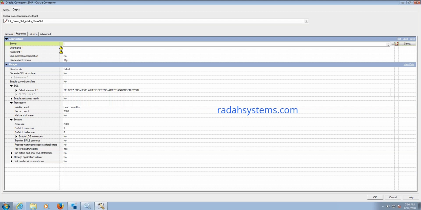A parameter set will be saved in the repository, so that it can be used anywhere in the project. Based on your job design, you need to choose which parameter you need, import it, define it in the job properties as the parameter set, and that can be used in the job.